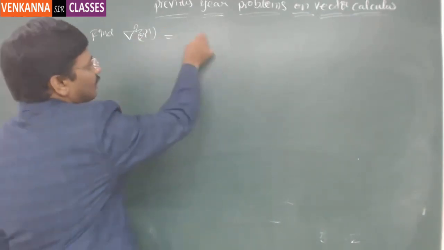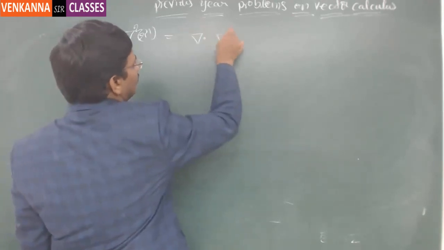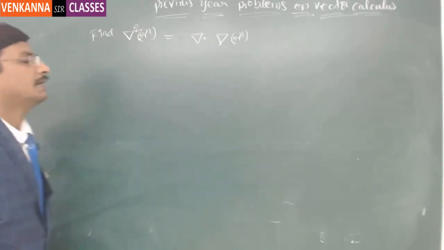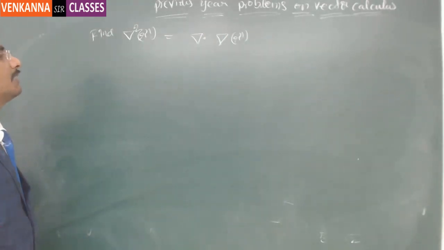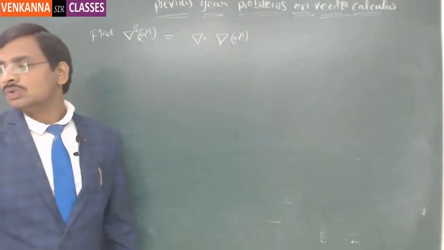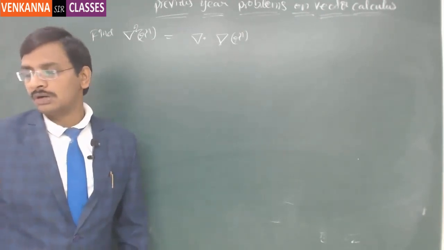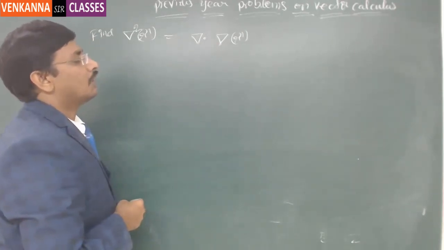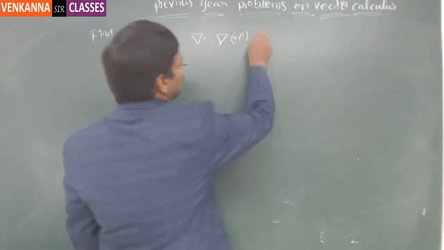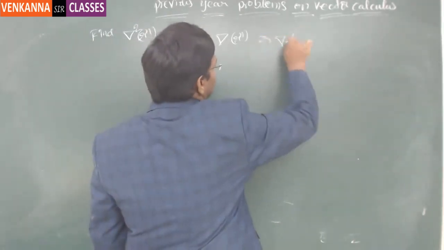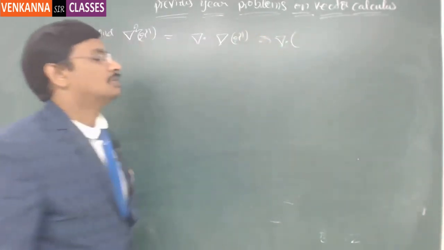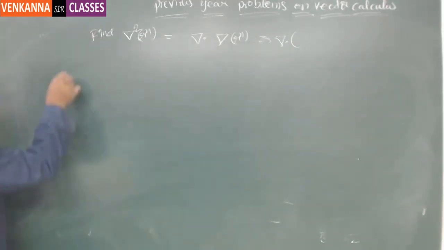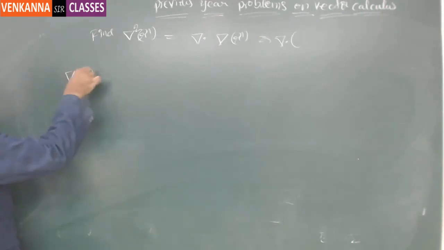See this, del square can be written as del dot del of r power n. So this is how actually you can write any del operator, which is nothing but the scalar operator del square, which is coming between two different vectors dot product. So this dot product is in between del dot del, and then operated on r power n. So this can be written as del dot, so del of r power n. So del of r power n is nothing but, so I'll just write it here. Del of r power n is equal to